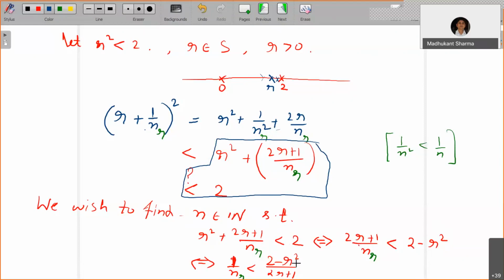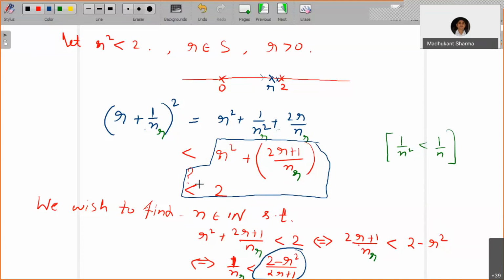Whether such an n exists or not is the question now. But the Archimedean property gives you the guarantee, since this is a positive number. So you are always able to identify an n such that this is satisfied. You are going in the right direction now. Such an n depends on r, so that's why it's n_r. So 1 by n_r is less than this. You are just replacing by this, then this inequality is true for such n_r.